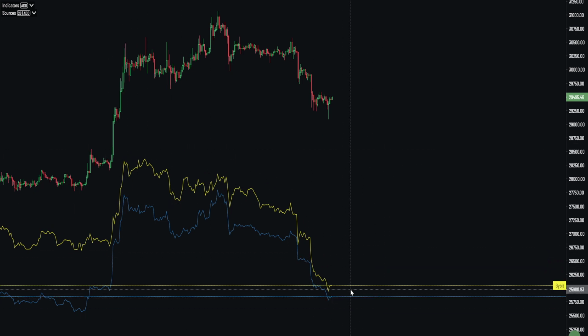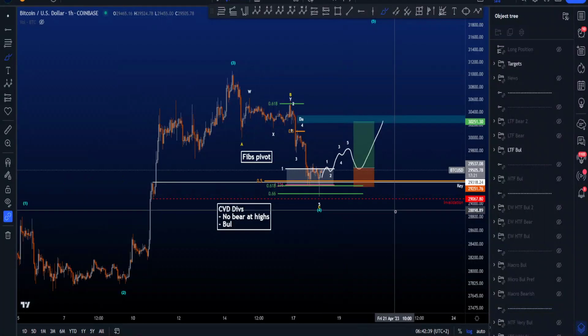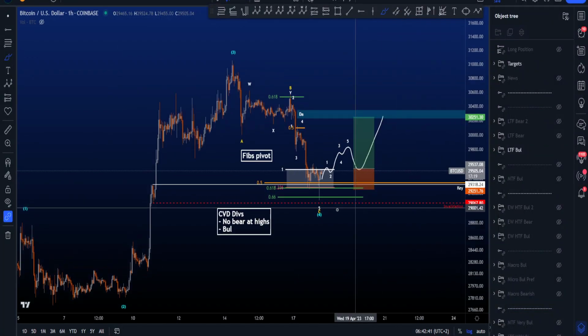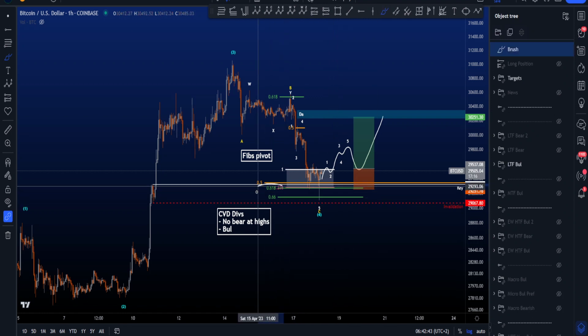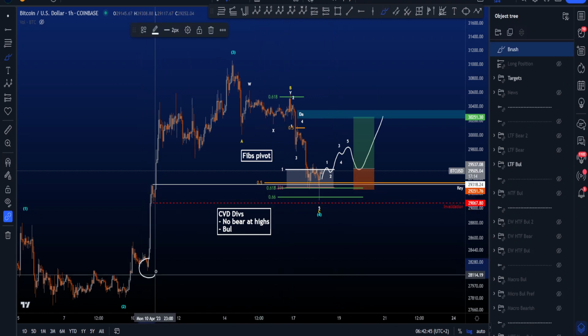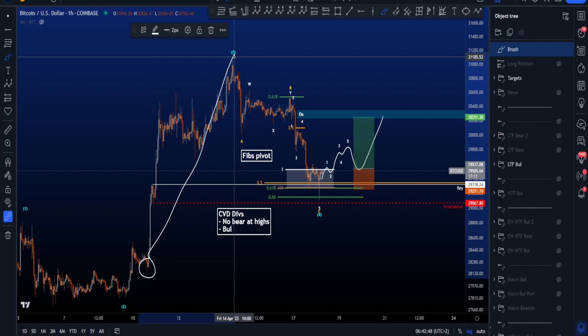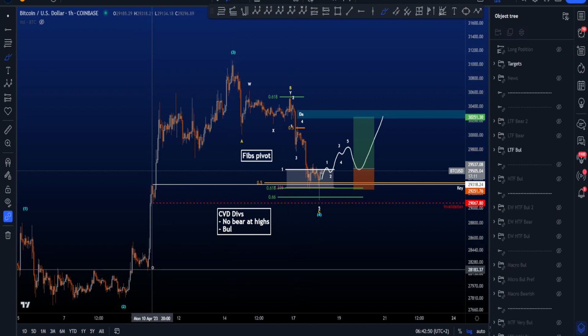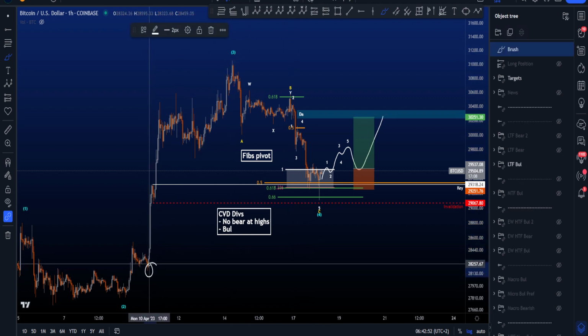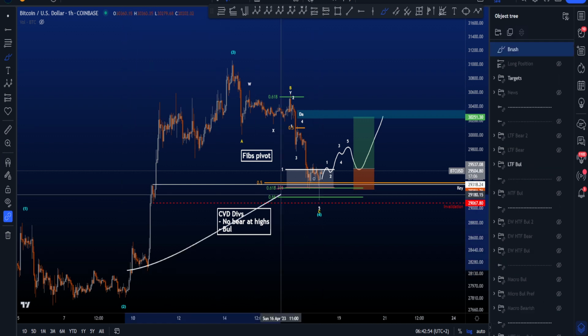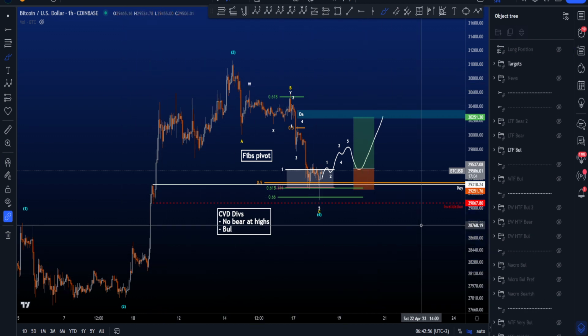Now, the yellow line is the Bybit CVD. The blue line is the aggregated CVD of all the platforms, so it's basically an average from all. That is also where I pulled the golden pocket from. So I pulled it from this low over here to the high of wave 3. And the CVD in blue goes from this low to the lows that we made right now. So a higher low in price, a lower low in CVD, bullish divergences.